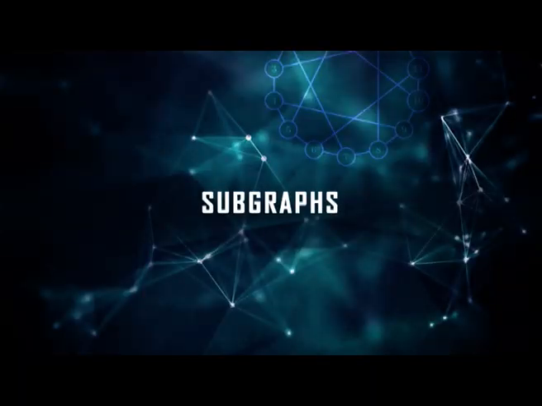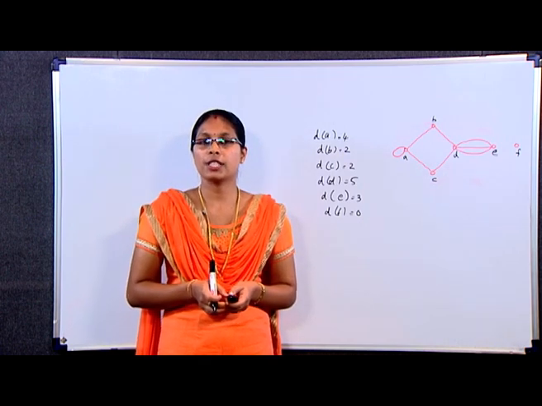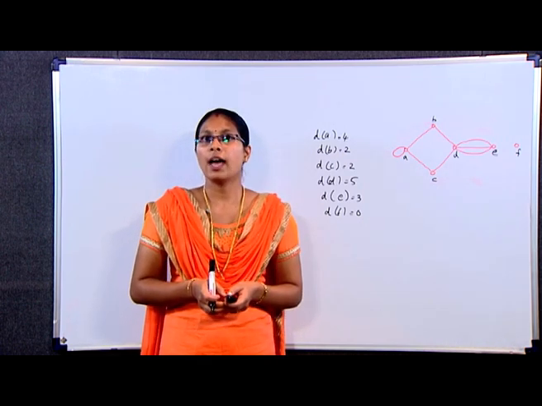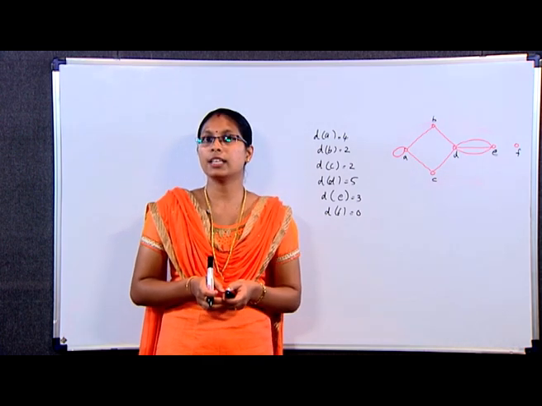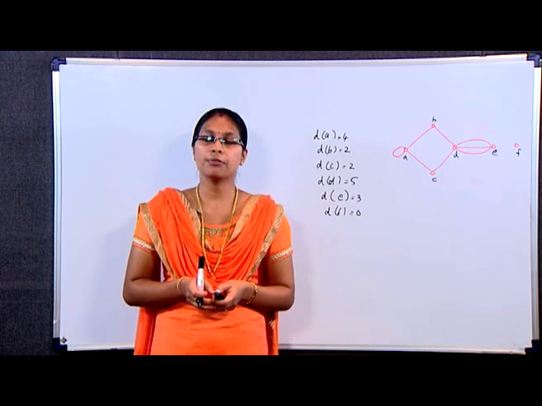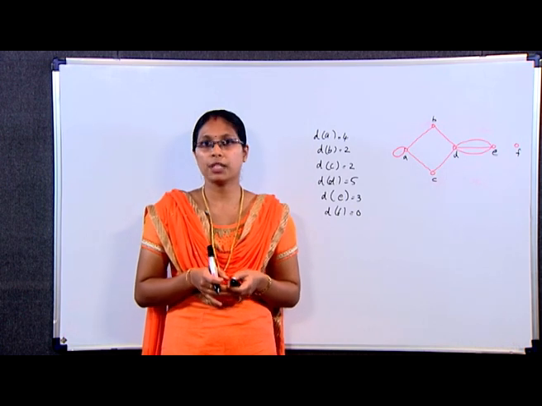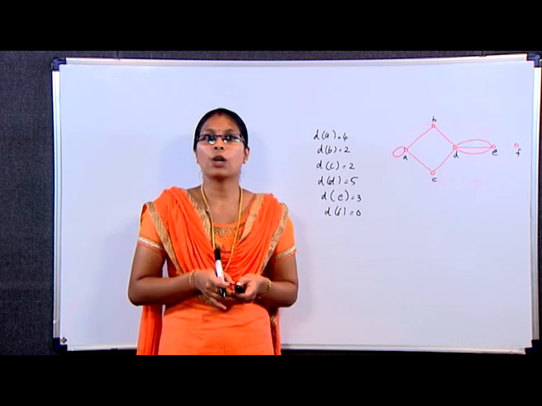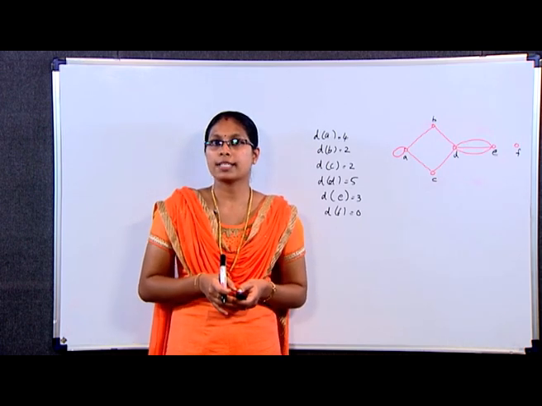Subgraphs. Let H be a graph with the vertex set V of H and edge set E of H, and G be another graph with the vertex set V of G and edge set E of G. Then we say that H is a subgraph of G if V of H is a subset of V of G and E of H is a subset of E of G. In such a case, we also say that G is a supergraph of H. For example,